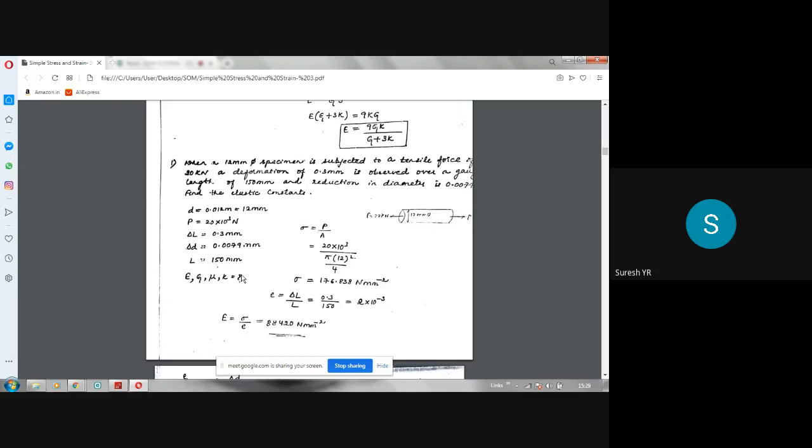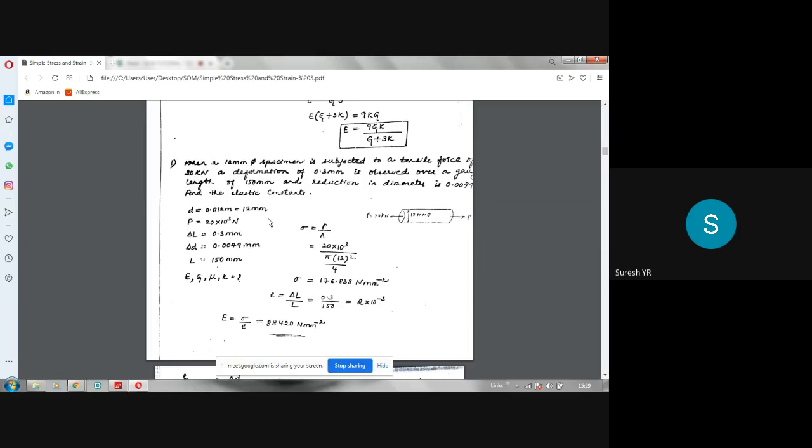They are unknowns. Now first we will calculate the Young's modulus, because we know the elongation and we know the force. So P is 20 kilonewton. You convert that into Newton, so 20 into 10 cube. Why? Because normally all the SI units will be taken in Newtons and mm. So stresses will be in Newton per mm square, length in millimeters, and area in millimeter square. So be careful about the units. If you have some other units, centimeter or kilonewton, you first convert them to millimeter and Newton,